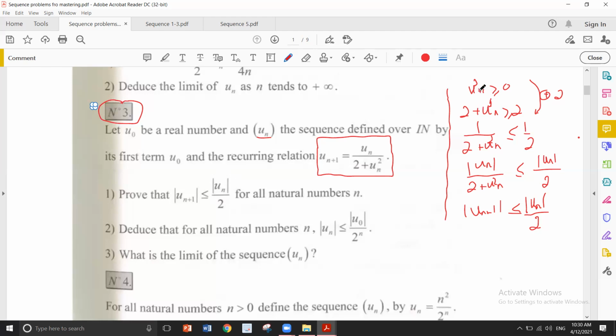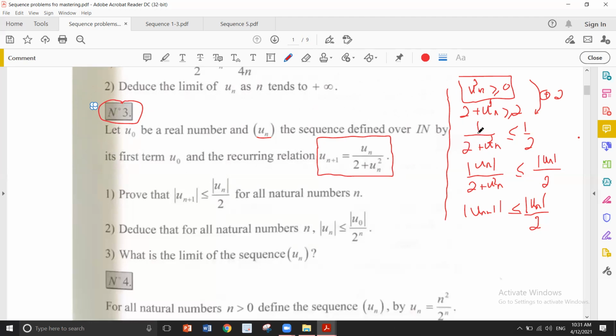So I start with U squared N. The square of a number is positive. I add 2 to each side. So 2 plus U squared N is greater than or equal to 2. Since 2 plus U squared N is in the denominator here,